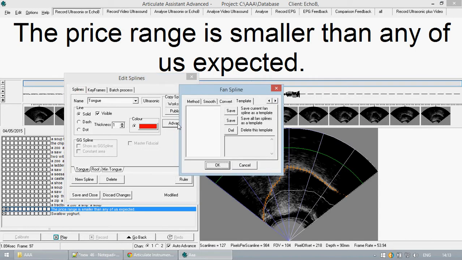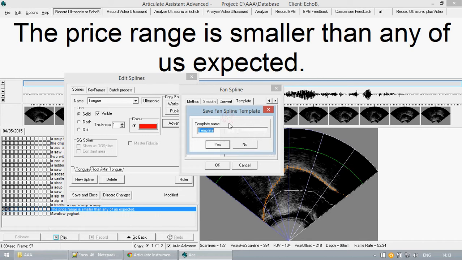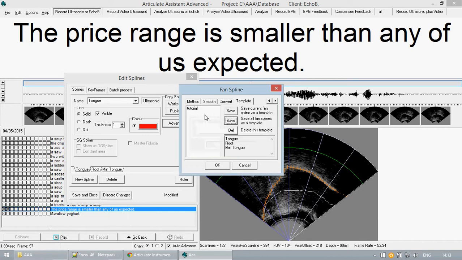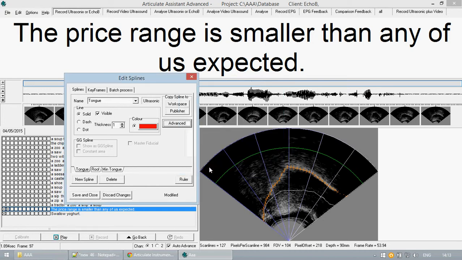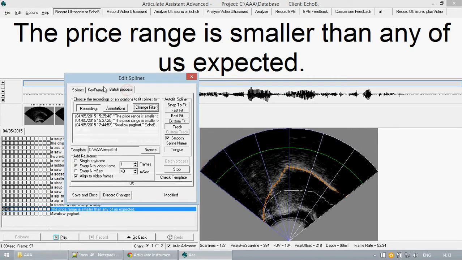and then this gives us this Template tab at the top, which is a new addition in the latest version of Articulate Assistant Advanced. These two buttons correspond to saving only the currently selected fan spline and all of them. As we have just set them up, we will use all. We can give it a title, which then saves it here. Click OK. And now if we go to the new Batch Processing tab, we can choose to use our